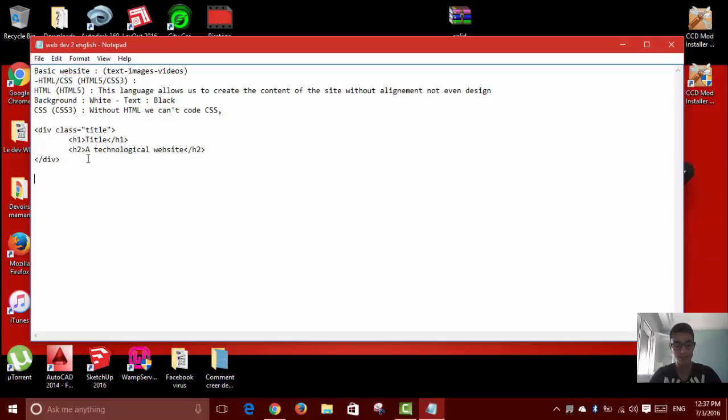But to customize them in the CSS, I'm gonna do it exactly like this. So I'm gonna type dot title, for example. So here I tell the browser that I'm going to talk about the div class, which is title. So if I change this by div ID, I'm gonna have to change this by